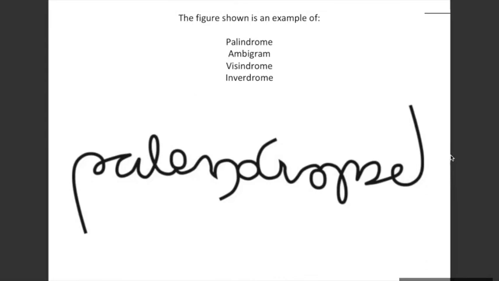Then there is also this. Has anybody come across this word, anagram, anywhere? Jumbled words, yeah, jumbled letters. They are words or phrases that are formed by rearranging the letters of another word or phrase.